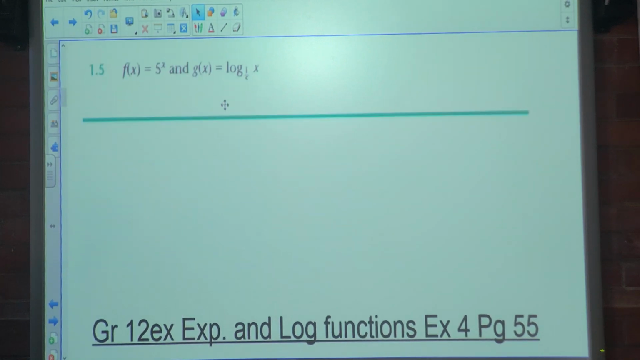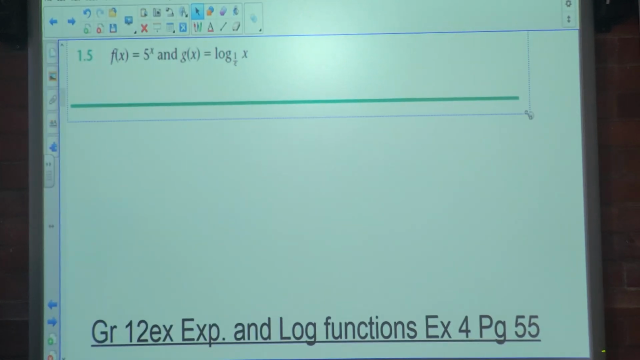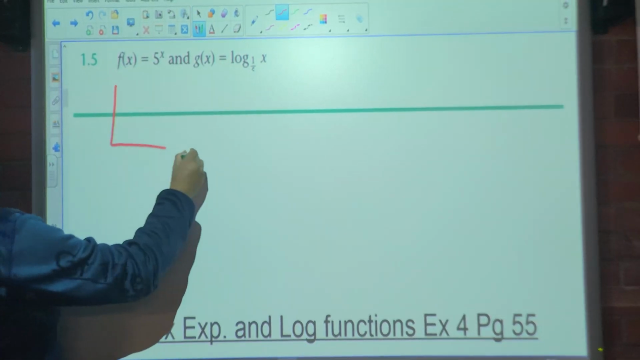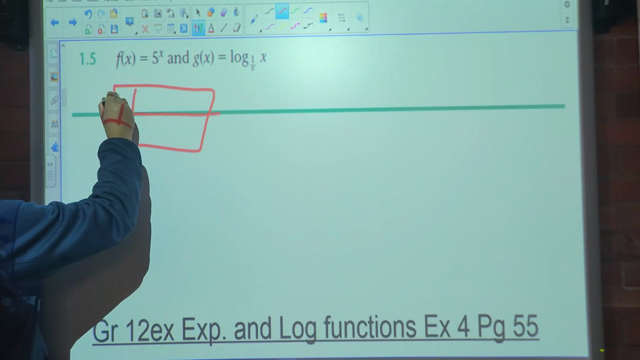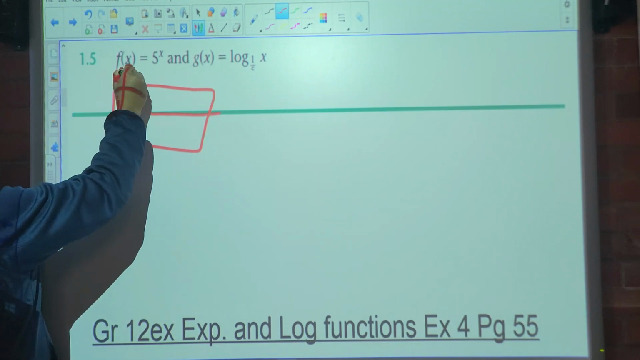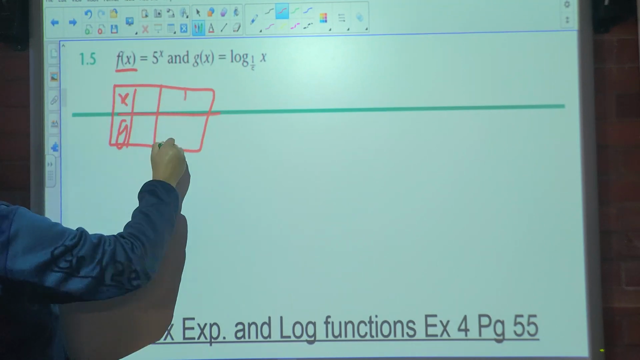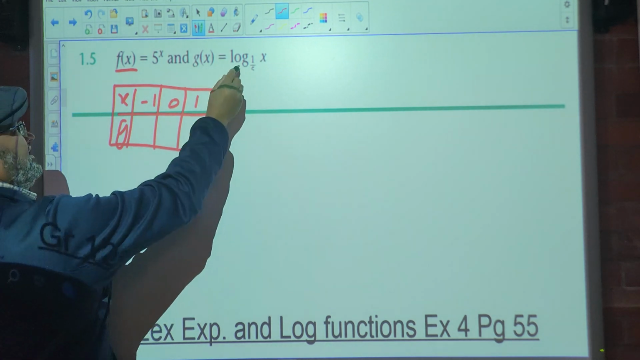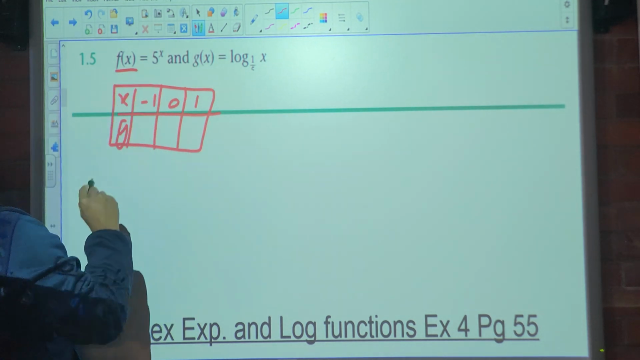Go with the last one, people, number 1.5. So the first graph, f of x. So where do I put minus 1, 0 and 1? In the x. Okay. The log, we put it in the y. So that's simply going to give us